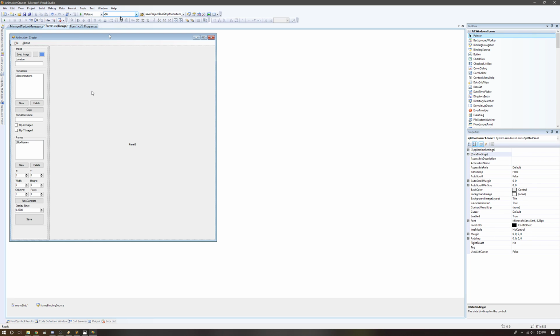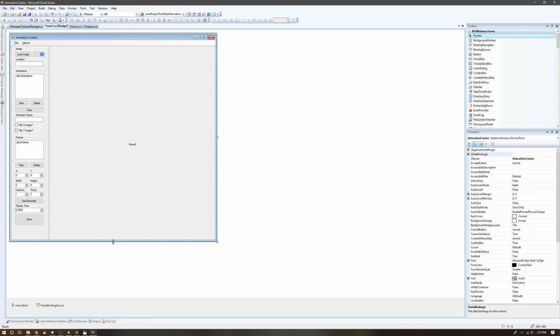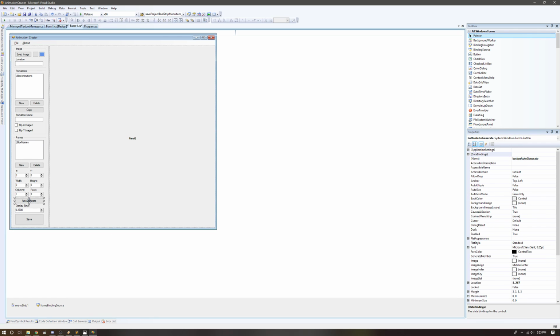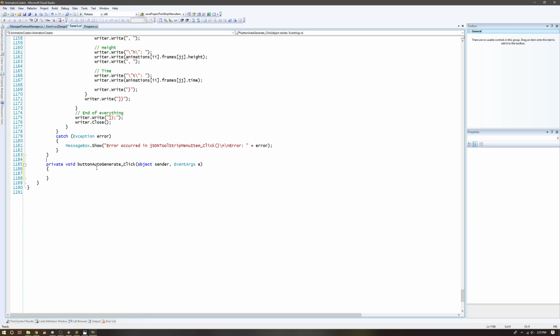There we go. Now auto-generate. Automatically generates a bunch of frames based on the NUD inputs. Okay, so